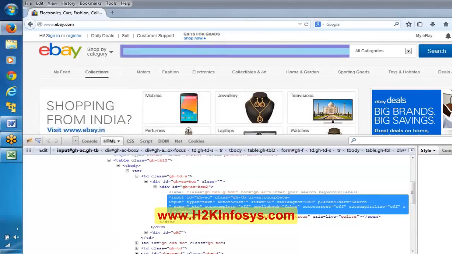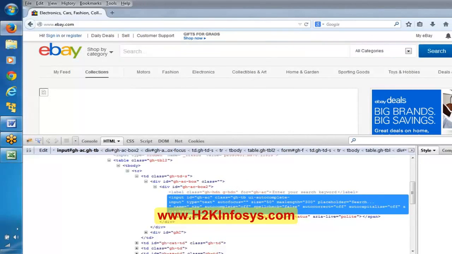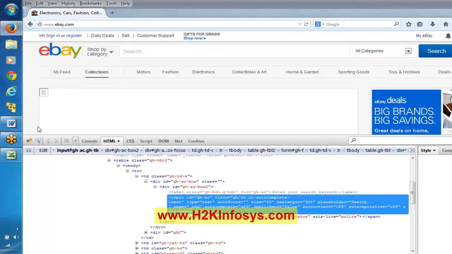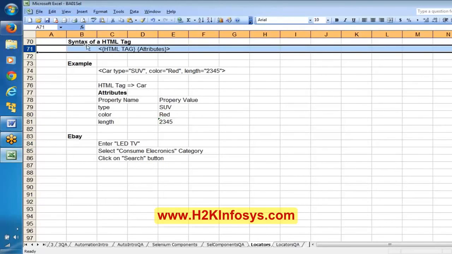Now everyone observe here, if I keep my cursor on this particular section, this text box is getting highlighted. It means whatever the section that is showing here is HTML, and this is a text box. And what I said here, the general syntax for an object is the HTML tag and the attributes. Now if you closely observe here,